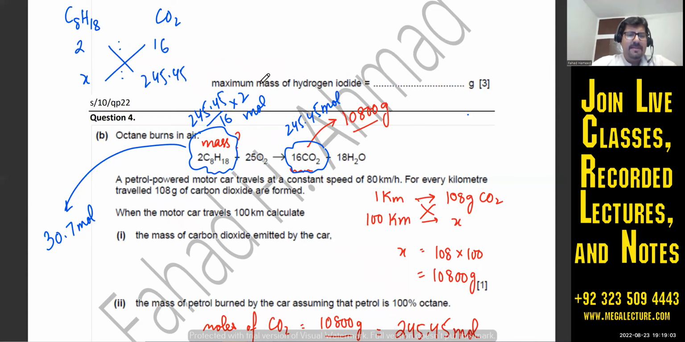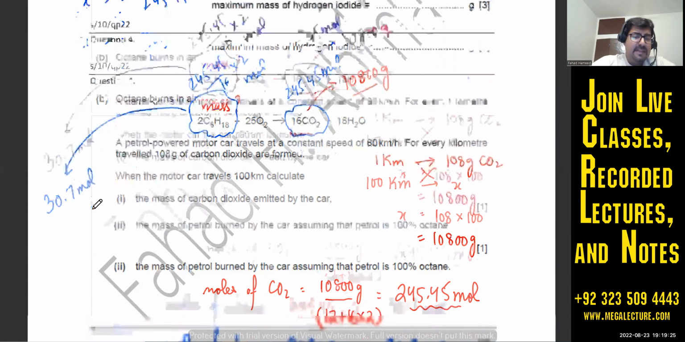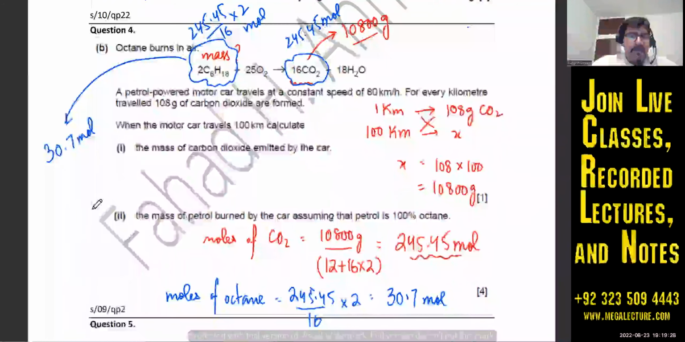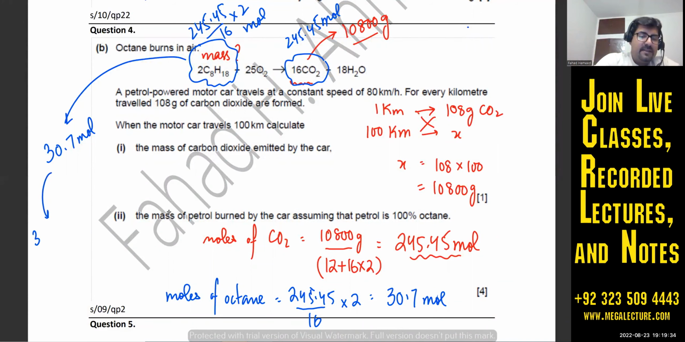लेकिन आसान काम है, बजाय इसके कि you actually do this, you just do 245.45 divided by 16 times 2, you'll find the moles of this thing. ठीक है, और अगर मैं इसके मोल्स निकालने हैं, 245.45 divided by 16 times 18, you'll find the moles of that. So it's quicker. Once you found the moles of octane, it comes out to be 30.7. Now you can convert that into mass because the question was about mass. So mass कैसा निकालना है? Moles is 30.7 moles